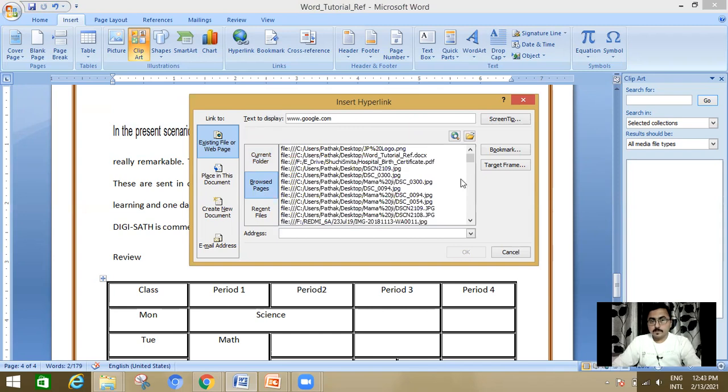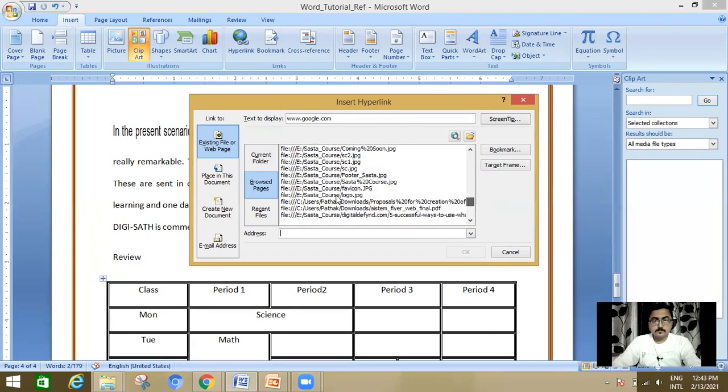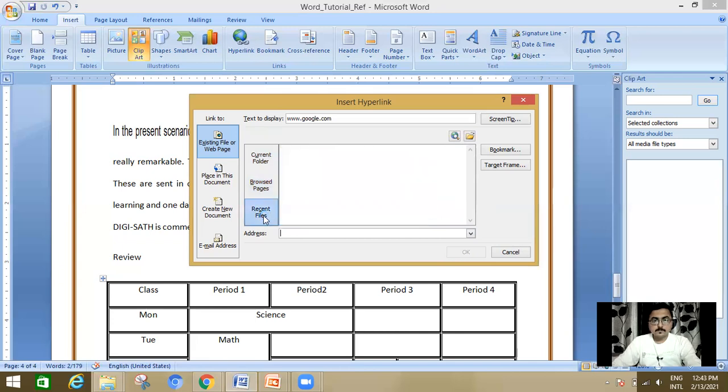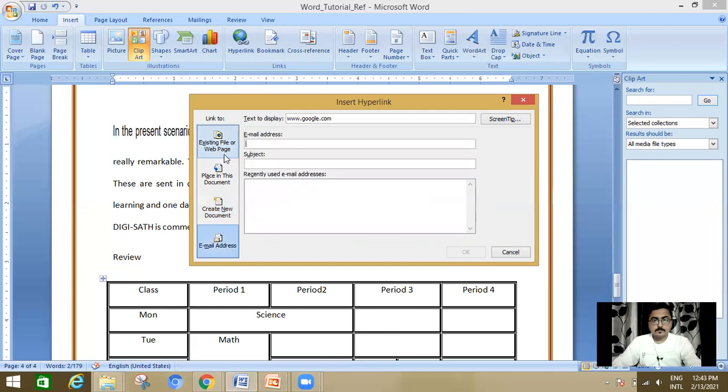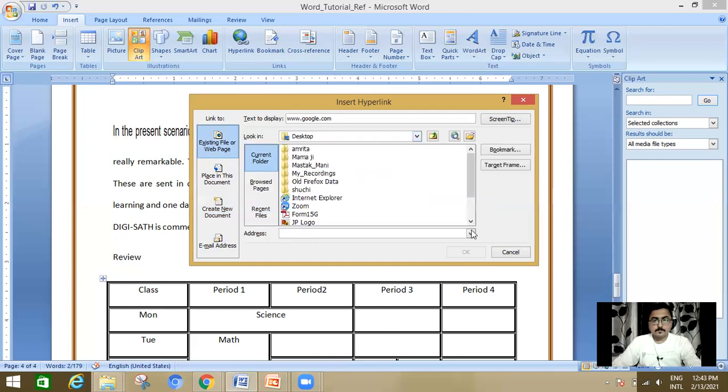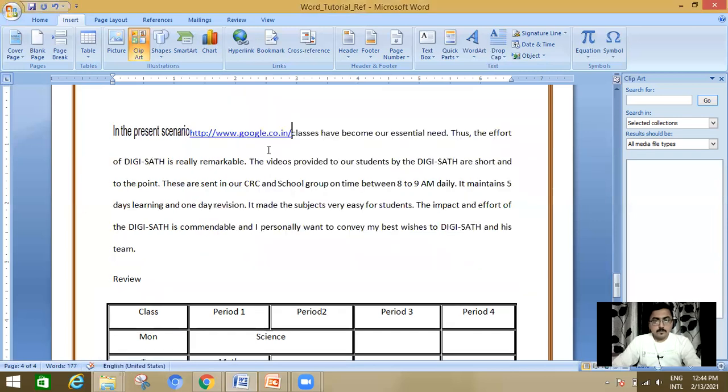Okay, and then www.google.co.in. Okay, click on OK. Now this section will appear over here.